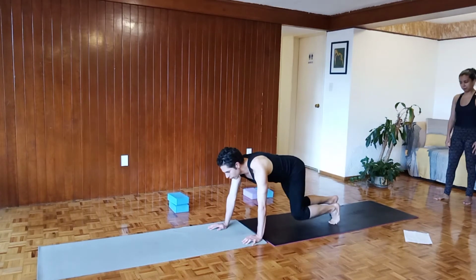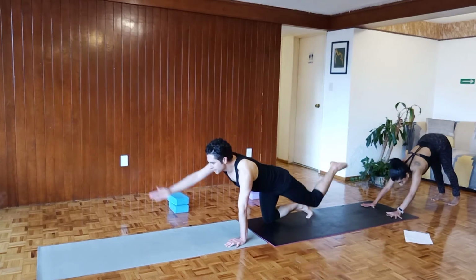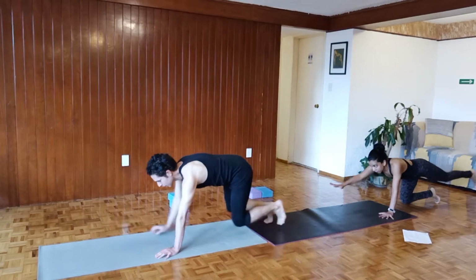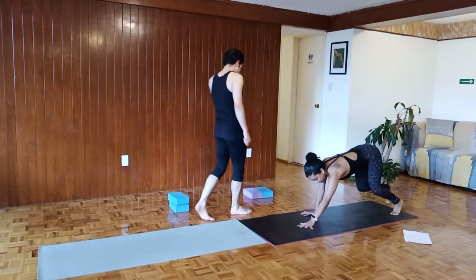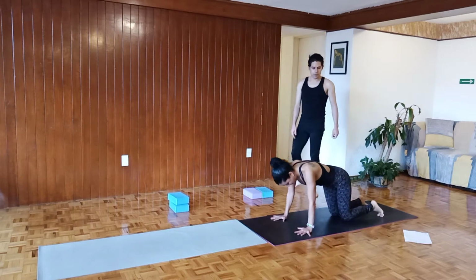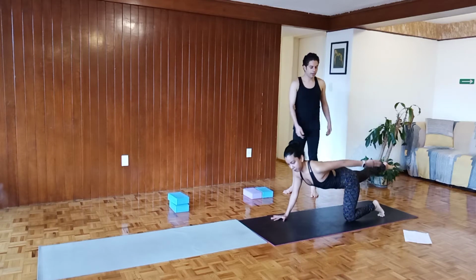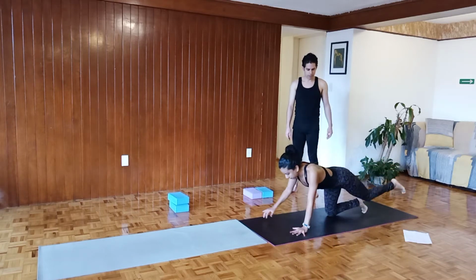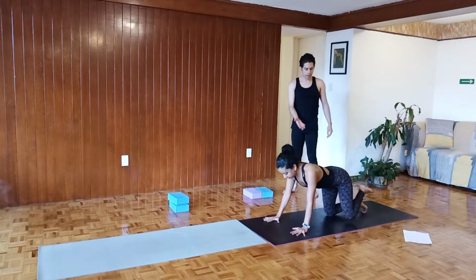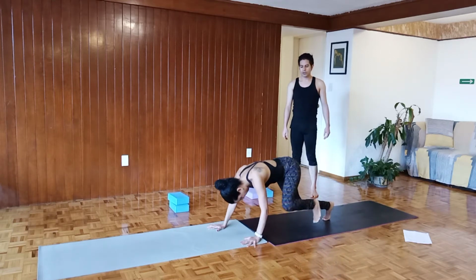1, 2, 3, 4, downward dog, knees down, 1, 2, knees up, 1, 2, 3, 4, go. Downward dog, knees down, get on fours, right arm up, yes, and then arm back, change sides, stretch, stretch, stretch, arm back, stretch, hand down, knees up, little bit only, and walk. 1, 2, 3, 4, downward dog,